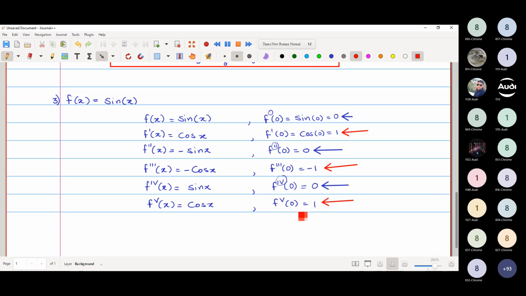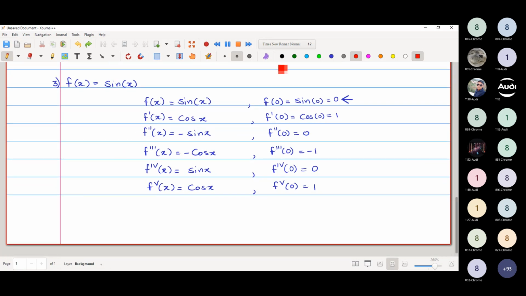Are you getting 1, minus 1, 1? Can you tell me what the sixth derivative will be? It is going to be 0 again. Can you tell me what the seventh derivative will be? 1, minus 1, minus 1. It will be minus 1. So if we put all these values, can I say by Maclaurin's theorem,